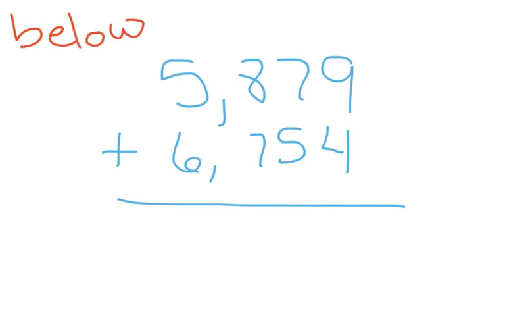It's exactly the same, but this time we're going to be carrying our new groups below the numbers. Let's practice this together. Write down the same exact problem, 5,879 plus 6,754. Here we go. 9 plus 4 is 13. My tens